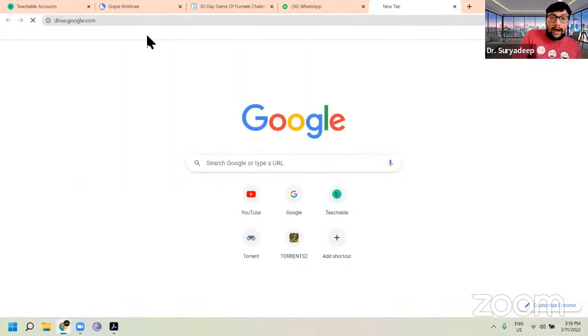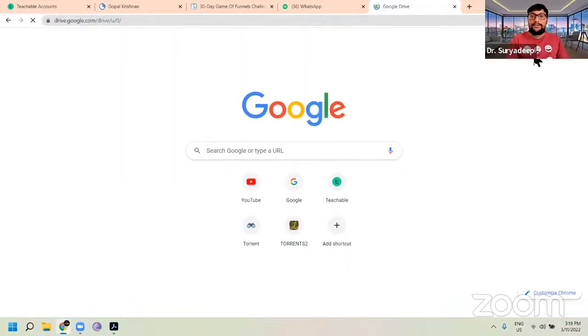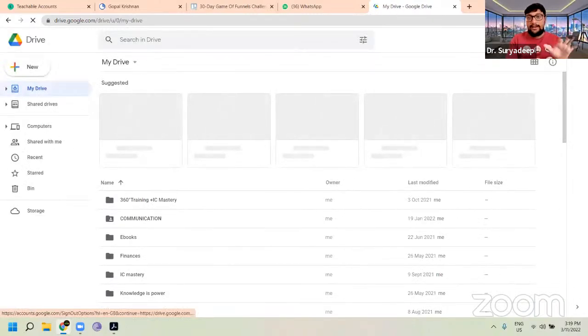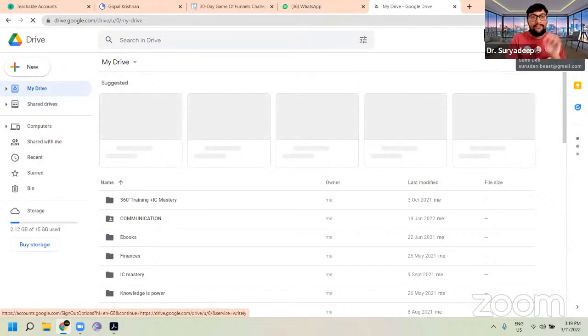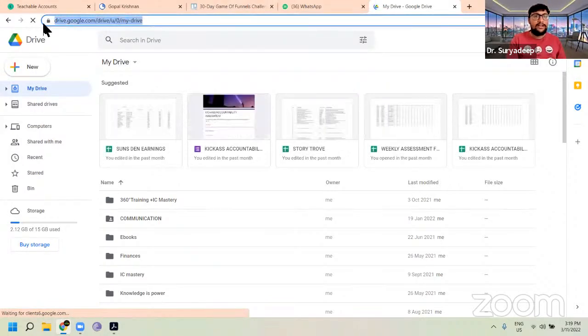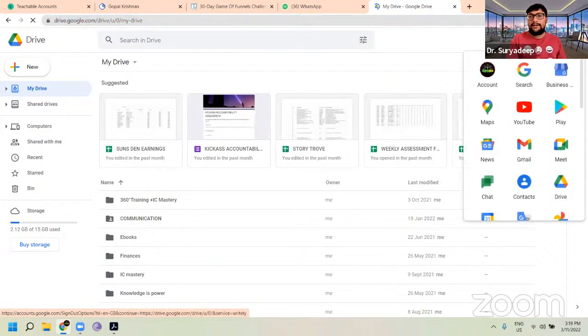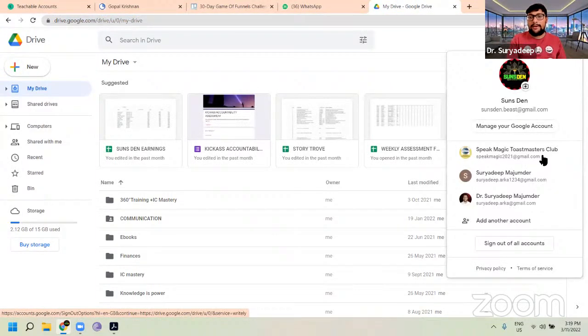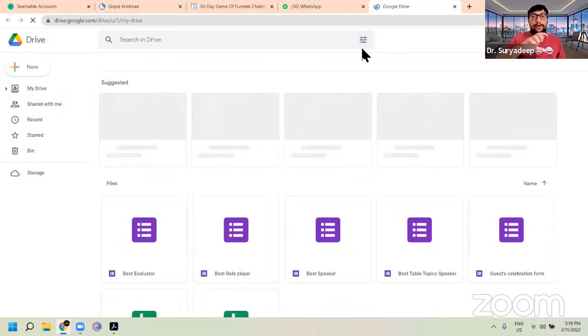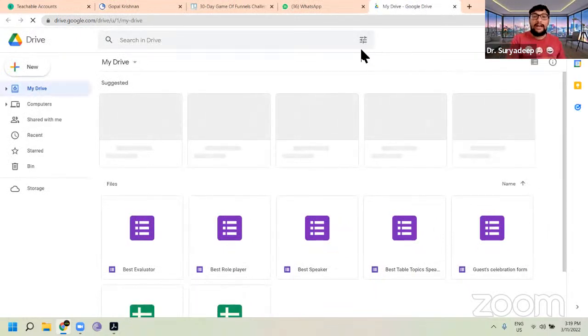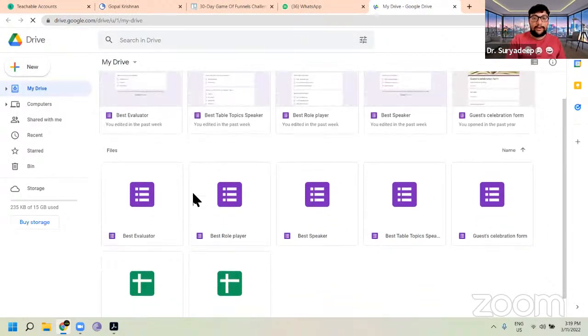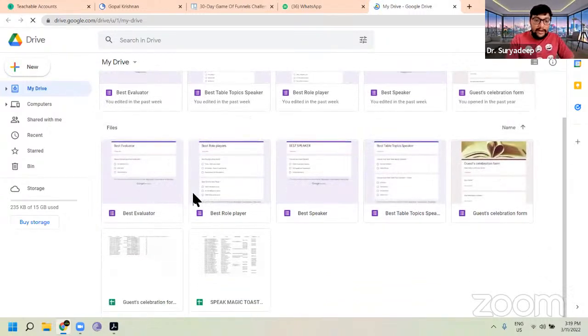Right now in our club, I'll log into our club Google account. This is my Google account, so it's not going to work in any way. You need to click on drive.google.com. Here you can see the link. Now I'm going to click right here at the top right, and I will be able to log into my club's Google account in one click. So if you have the Google account registered, you can directly get into the club link as well. Here, as you can see, we already have our